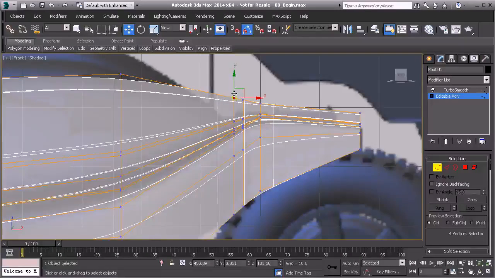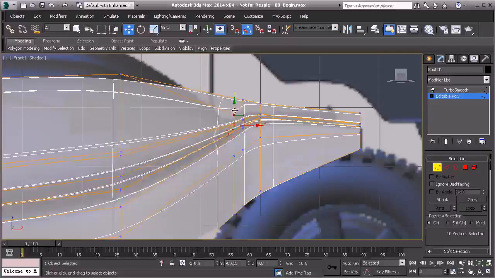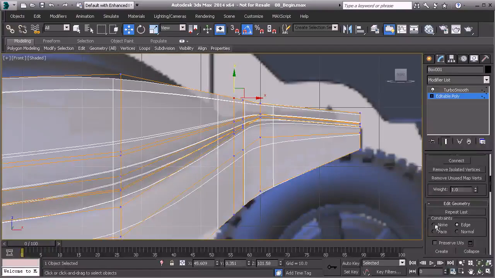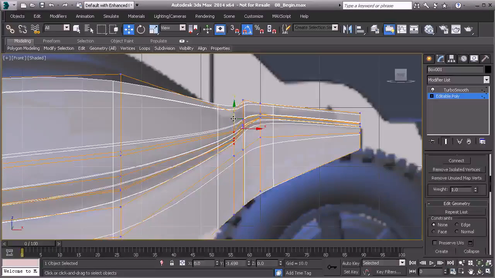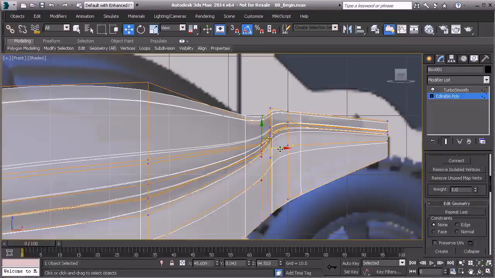So I'm going to take this vertex or set of vertices right here. I'm going to pull those straight down, and then I'm going to take the rest of these and pull those down as well. But you'll notice that I left my constraint on. So let's turn that off. So let's retry that. Let's take these, and I'm going to pull those down, and I'm going to take this one and pull it down. Now you'll notice that whenever I'm working in this area, I'm just pulling a little bit down at a time. I'm not trying to make large movements right off the bat,